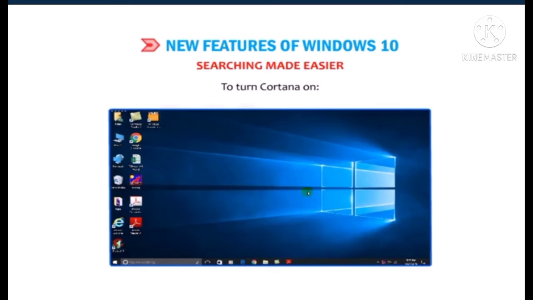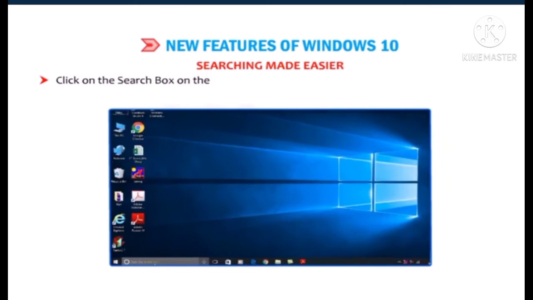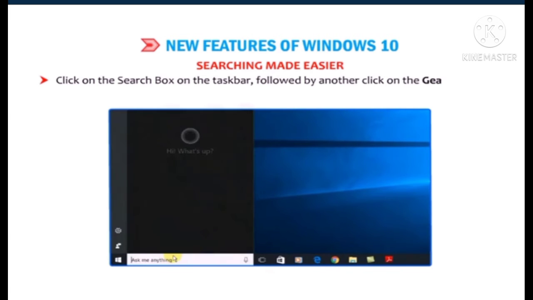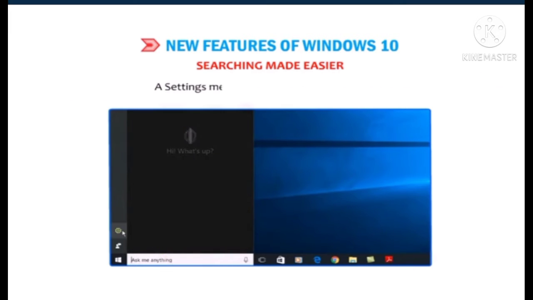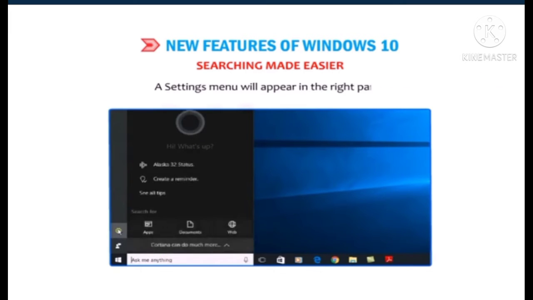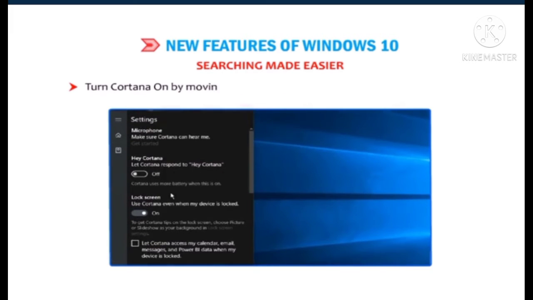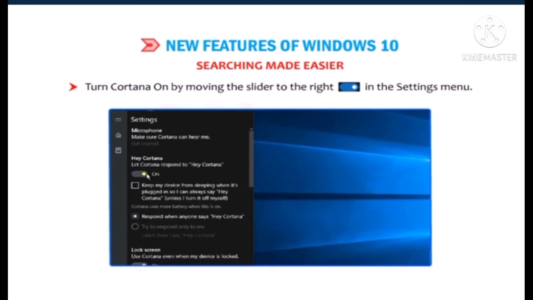To turn on Cortana, click on the box on the taskbar followed by another click on the gear icon on the left side of the display menu. A settings menu will appear in the right pane. Turn Cortana on by moving the slider to the right in the settings menu.